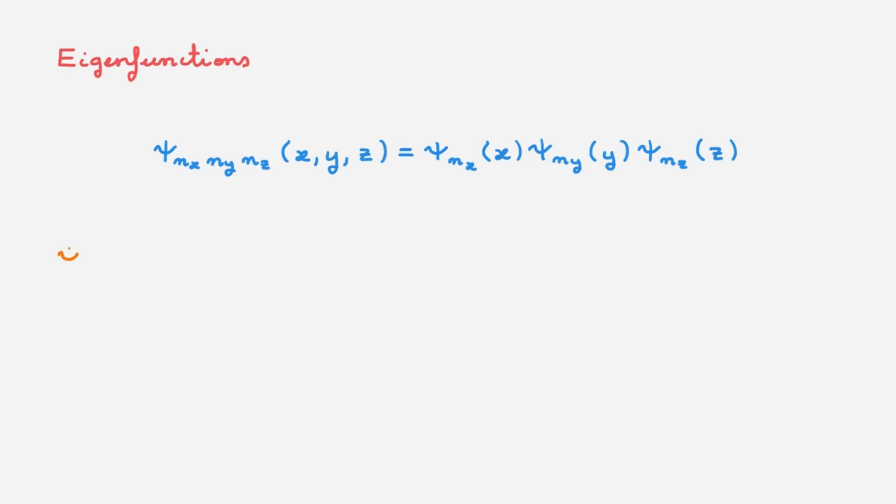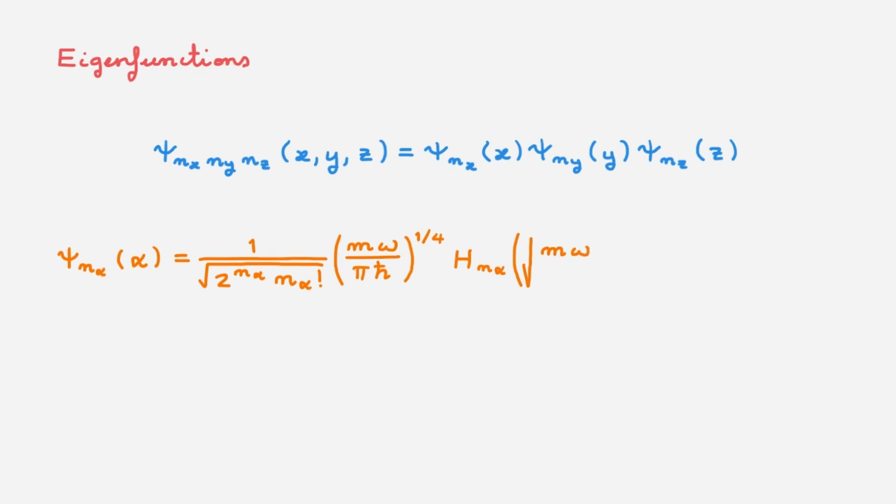As a reminder, the eigenfunction of a 1D harmonic oscillator is equal to a prefactor multiplied by a Hermite polynomial